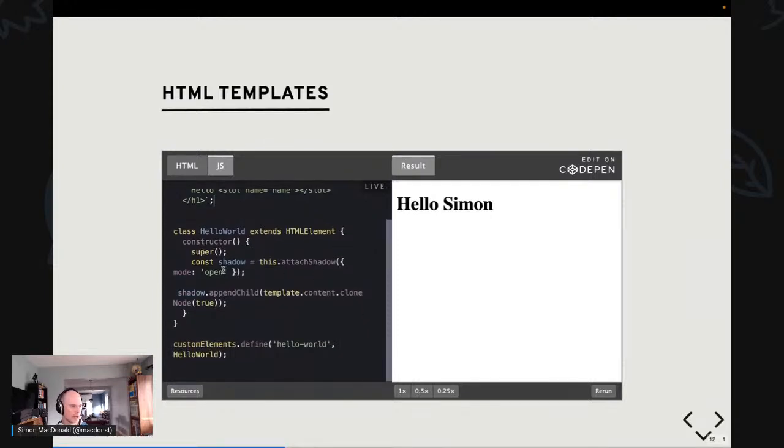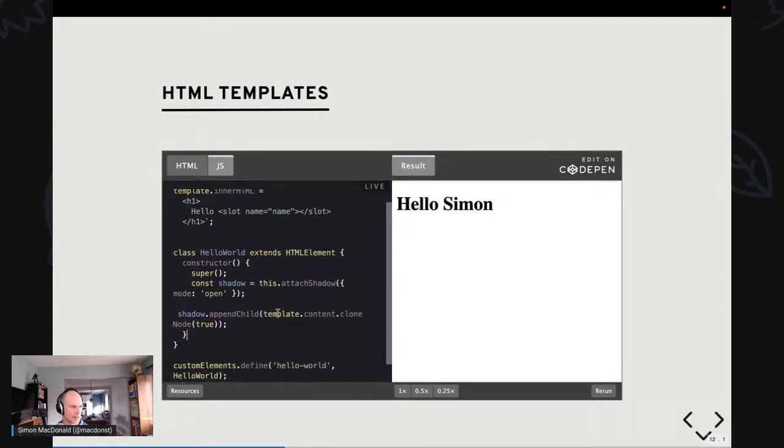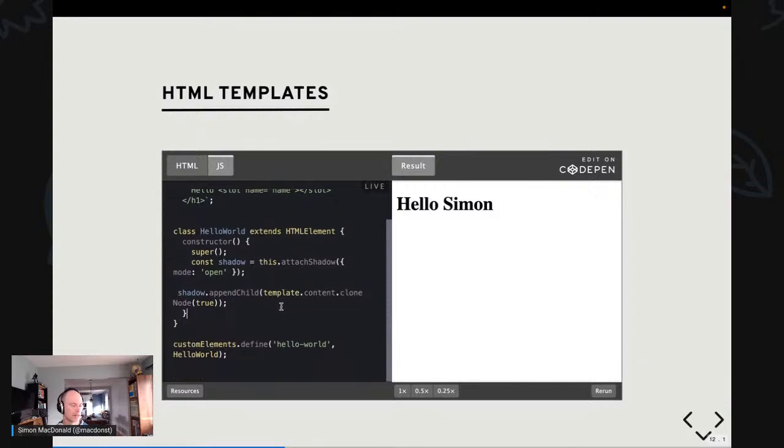So with the HTML template and slot version, again, we call our constructor, call super, which we always have to do. We are attaching the component to the shadow DOM, and then we're just going to clone the template and pass things in. So basically, this HTML gets replaced into the hello world. Still have to define the custom element, which makes perfect sense. Same output, but